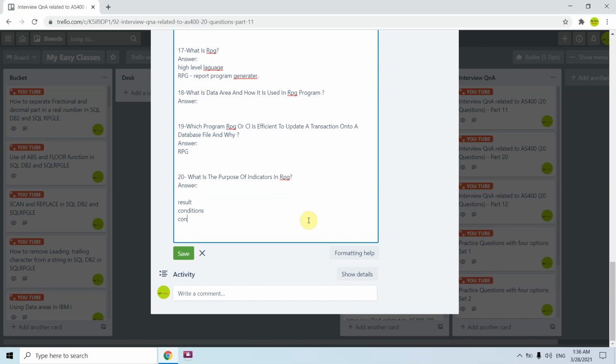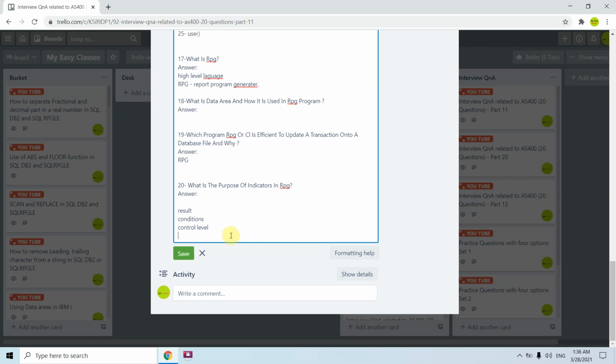Or there are the control level indicators, L1 through L9, which control the operations or transactions of a file or a process. These are the purposes of indicators in RPG.